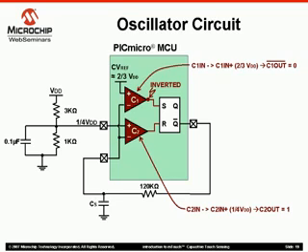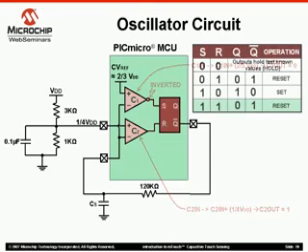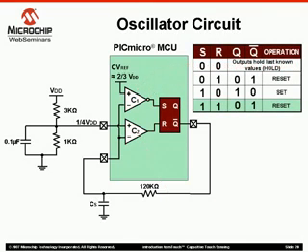Let's explain how this will work. In this slide, note the SR latch's truth table. If the set input is driven high, the pin connected to the Q bar output of the latch will be driven low. If the reset input is driven high, the pin connected to the Q bar output will be driven high. Looking at the condition where both S and R inputs are high, we notice that the operation of the